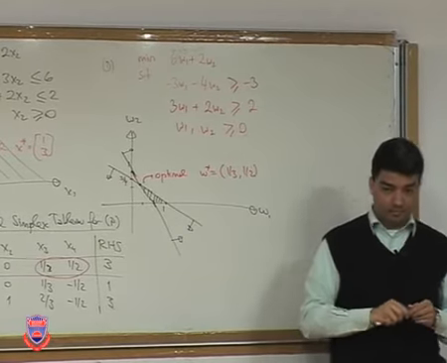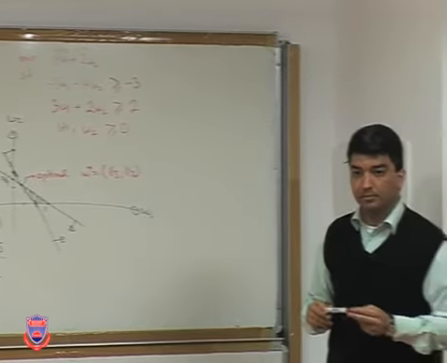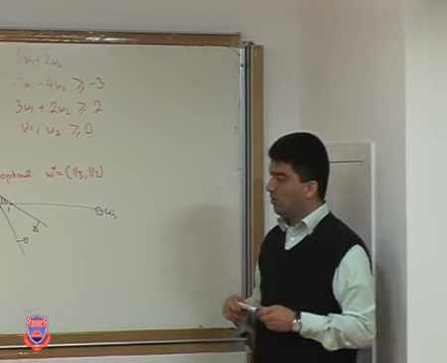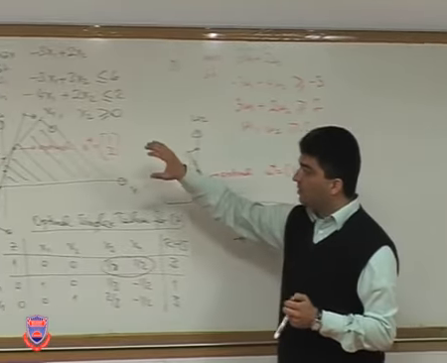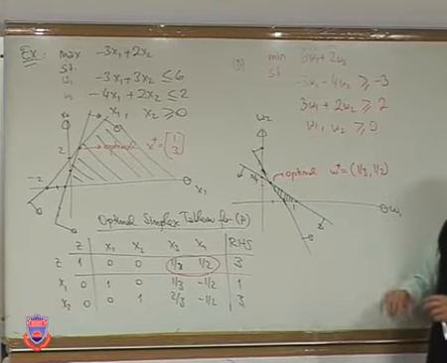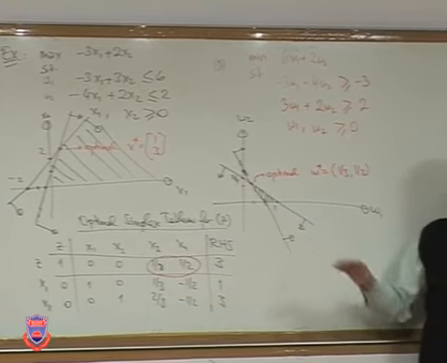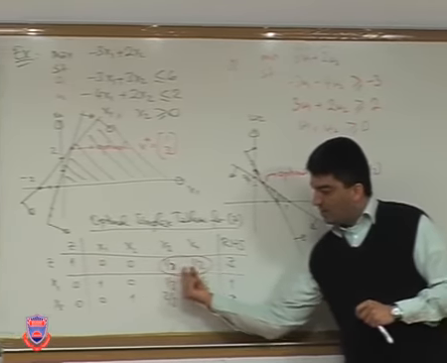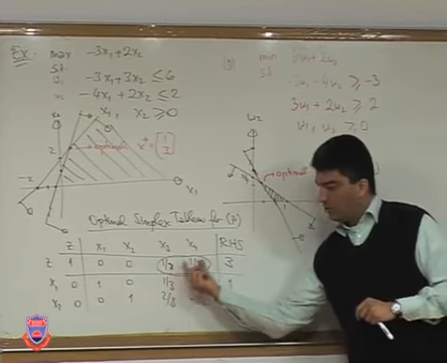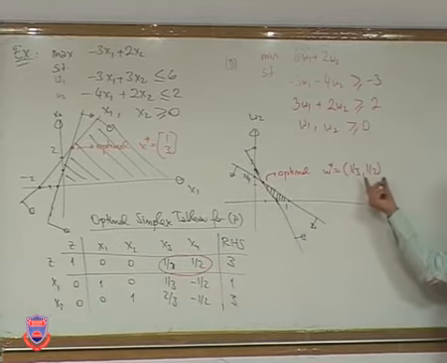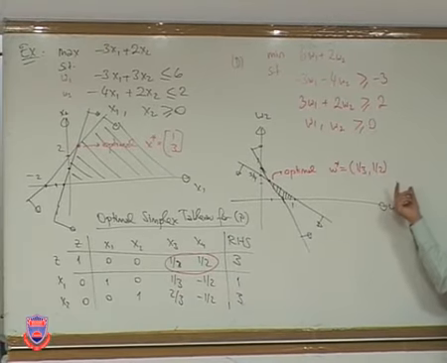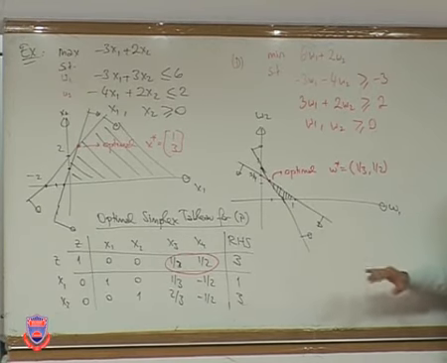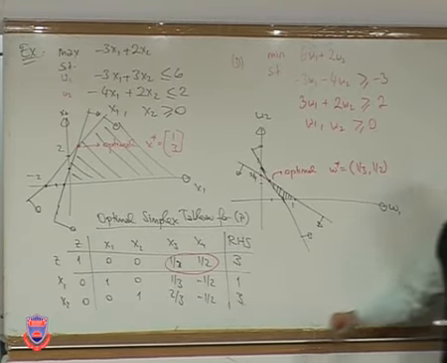Yes? Can we say the non-basic variable of the primal problem is the basic variable of the dual problem? No, we cannot say that because the primal variables and dual variables are completely different from one another. Okay? So all I'm saying is that the row 0 coefficients of the slack variables give me the optimal values of the dual variables. That's the relationship. Okay? So there's no relationship between basic and non-basic variables for now.